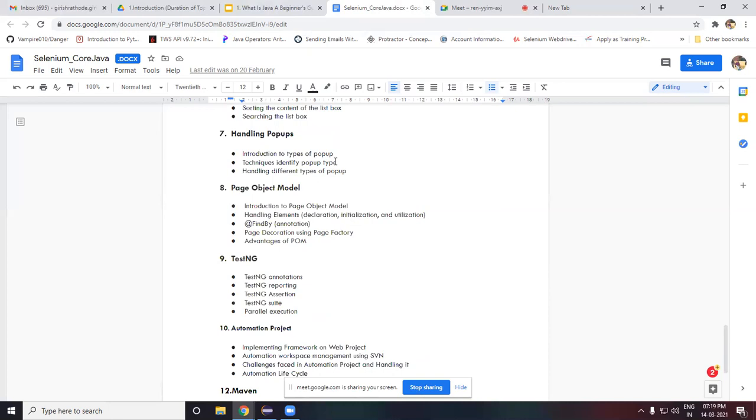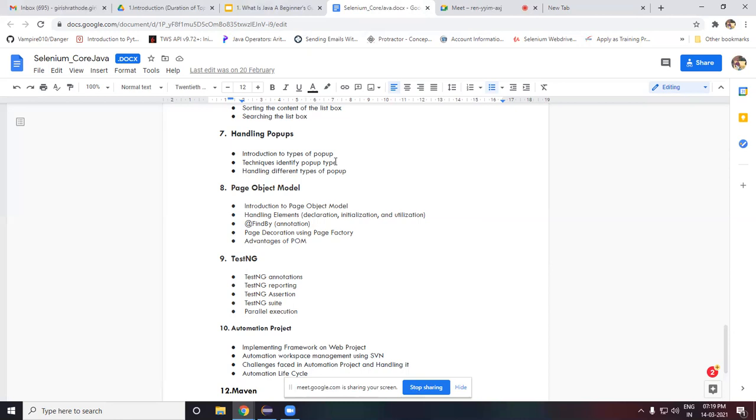We'll give an introduction to the page object model, how to create one, what the different annotations are, and how to declare, initialize, and utilize the handling of elements in the page object model. Or what is PageFactory, what is initElements. Those things we'll be learning there, along with the advantages and disadvantages of the page object model.